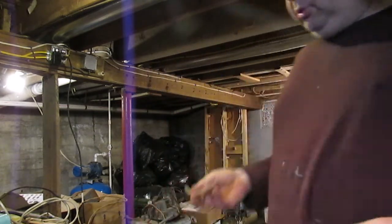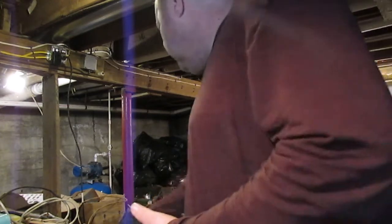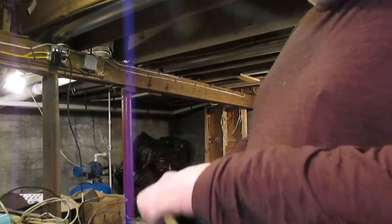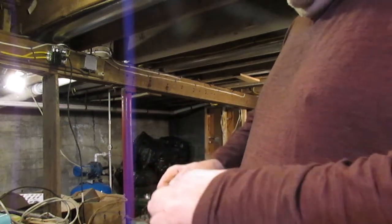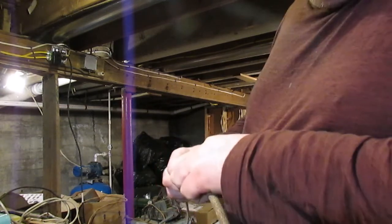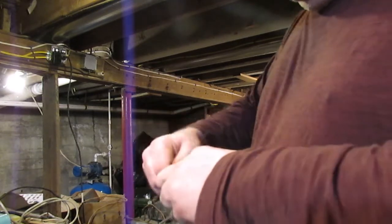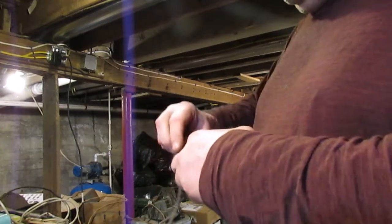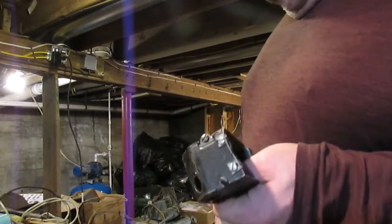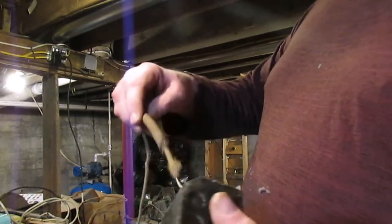I think I showed this before when I had this box up here, but when they ran the knob and tube wires into these boxes, they of course would have fed the wire through this piece of loom, if I can get it to go through there. The wire's kind of bunged up on the end of it. Yeah, that's not going through too good. Okay, well, maybe I did get it to go through. Alright, so I did. So there's that piece of knob and tube wire, and then they would pass those into